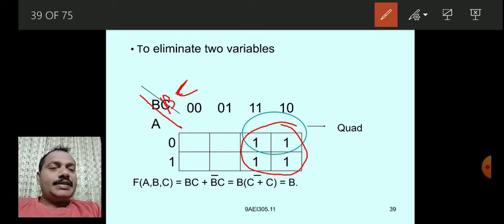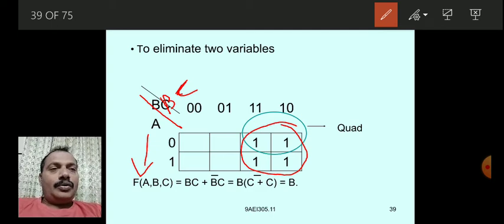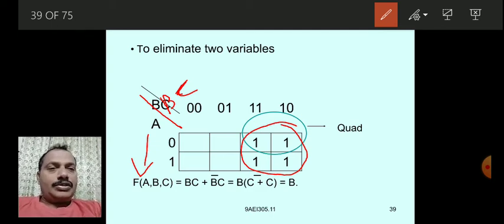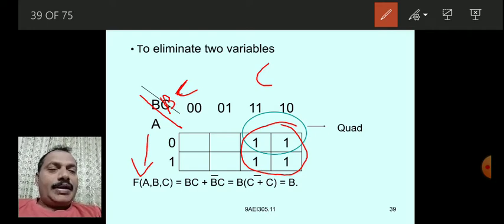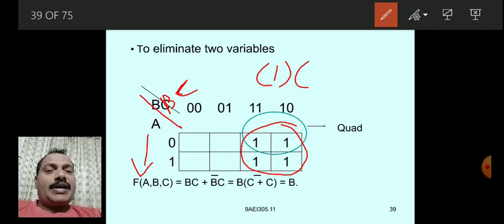To write the simplified version, first move row side. Row side first you have to write in the bracket. The row side variable A is changing from 0 to 1. Hence it is eliminated, you have to write 1. Next, for the column side, open another bracket.